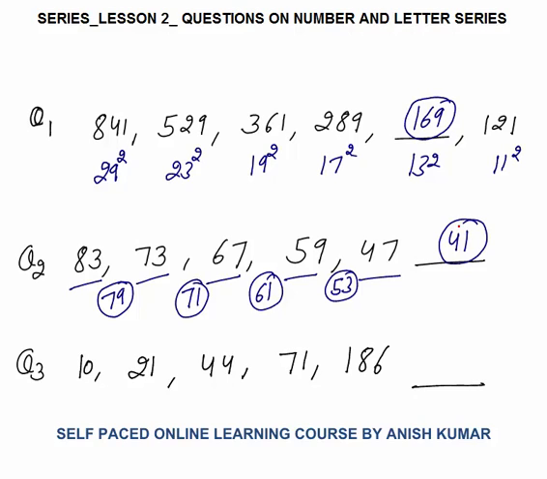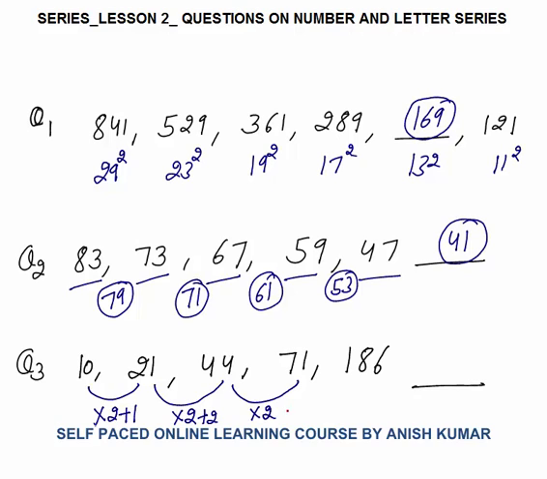Third question. 10, 21, 44, 71 and 186. Now how can we reach the 21 from 10? Can I say that 10 into 2 plus 1 will make it 21. These are a variety of questions that I will discuss so that in exam you won't face any difficulty. 21 to 44, how to reach? Can I say 21 into 2, 42 plus 2. This is 44 into 2,